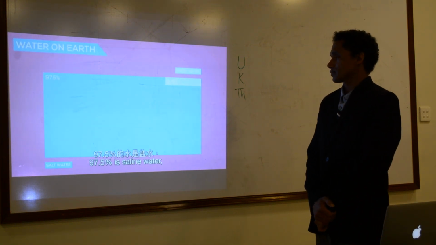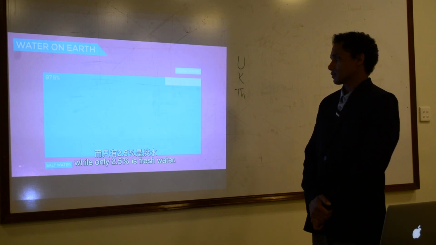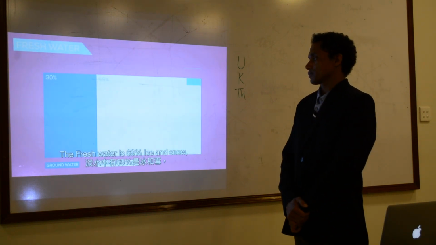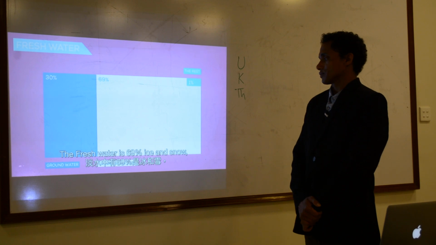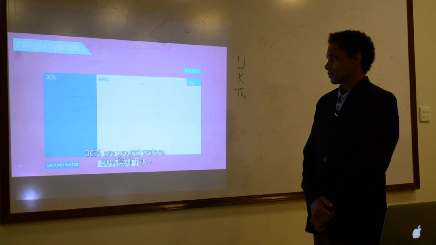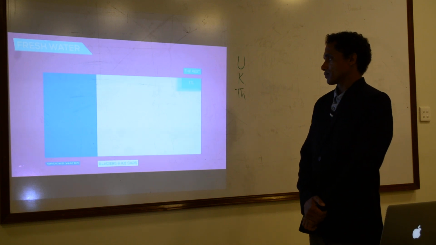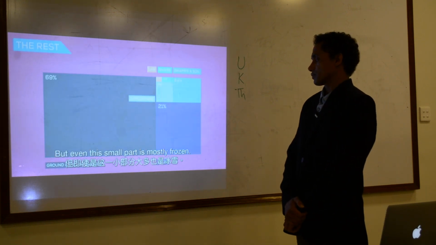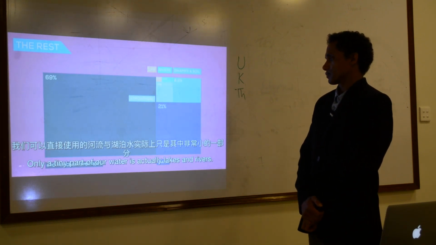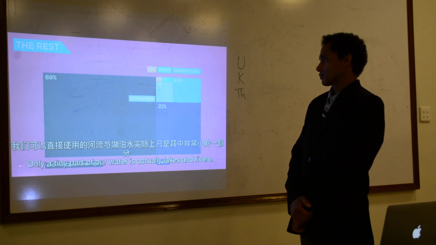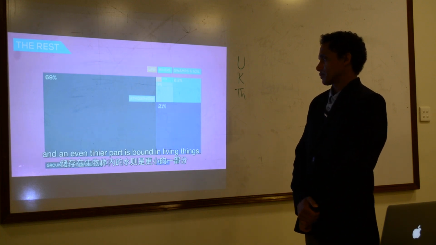97.5% is saline water, while only 2.5% is fresh water. The fresh water is 69% ice and snow, 30% is groundwater, and only about 1% makes up the remaining waters. But even this small part is mostly frozen. Only a tiny part of our water is actually lakes and rivers, and an even tinier part is bound in